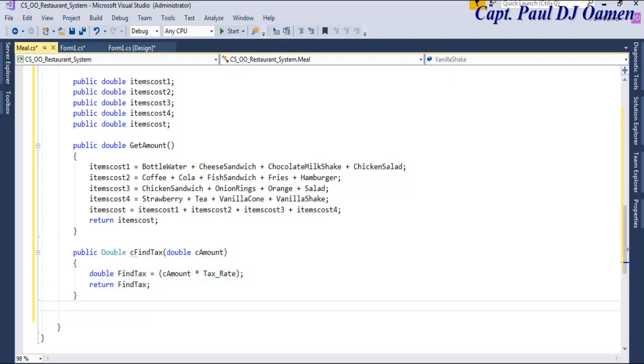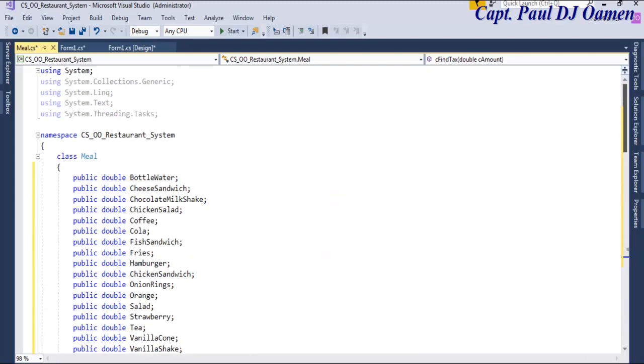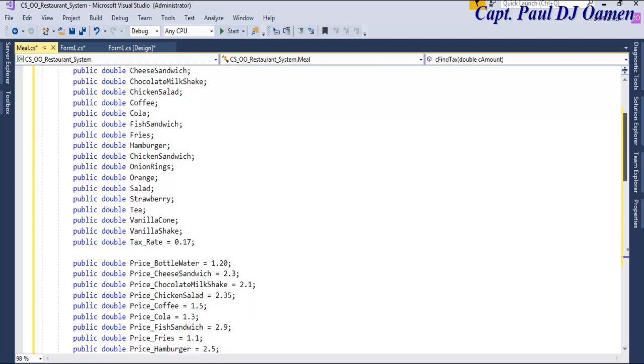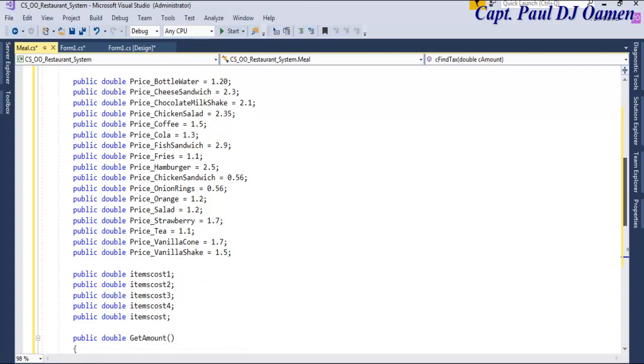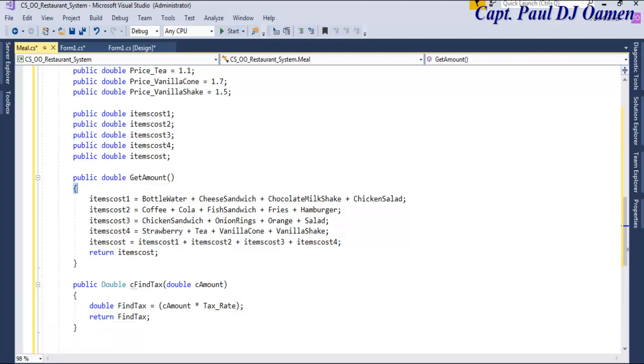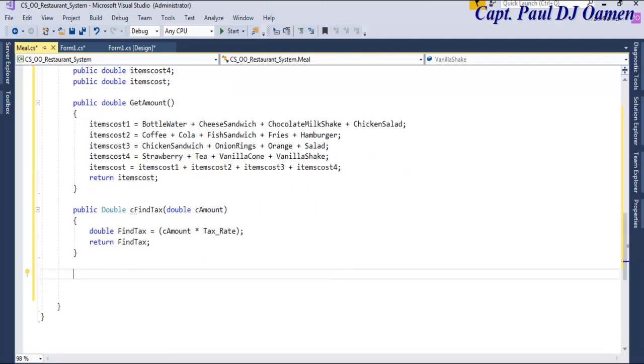Now, okay, since we are inside this class, have a good look at my data member, the price of the data member, and in here that's the method created to calculate the cost, and here that's the method for tax. I might as well create another method underneath here that will work out the cost of tax to be paid. So to do that, let's say public,